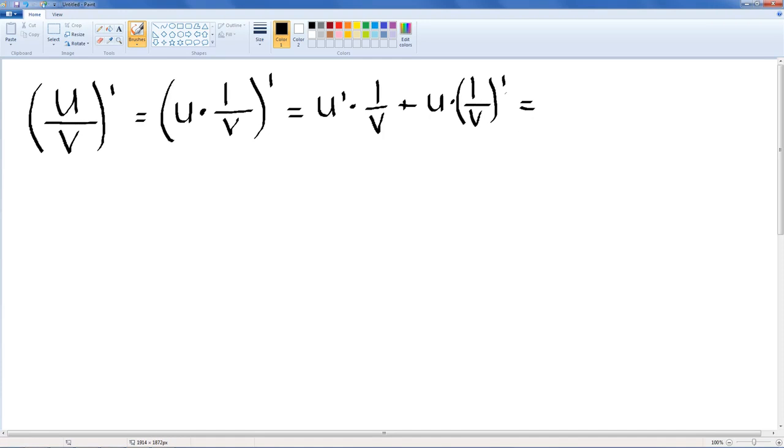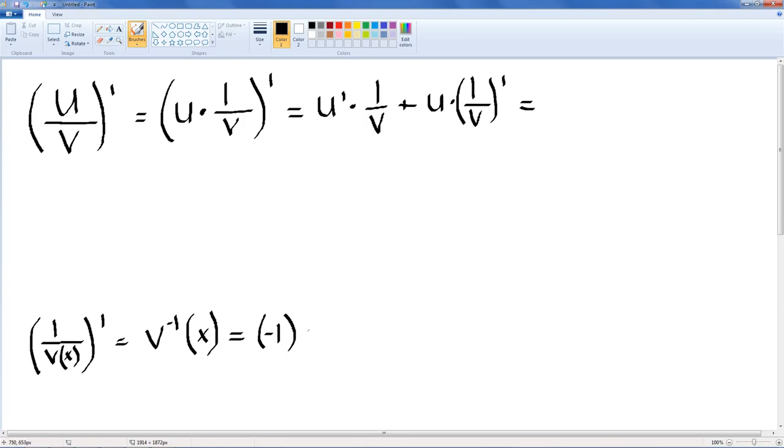Okay, and now how do we deal with (1 over v)'? Well, v is a function, so suppose it's a function of x. Let's write v of x to make it more clear. Actually, 1 over v is just v to the power of minus 1 of x, right? And how do we find the derivative of something to the minus 1 power? Well, it's going to be minus 1,